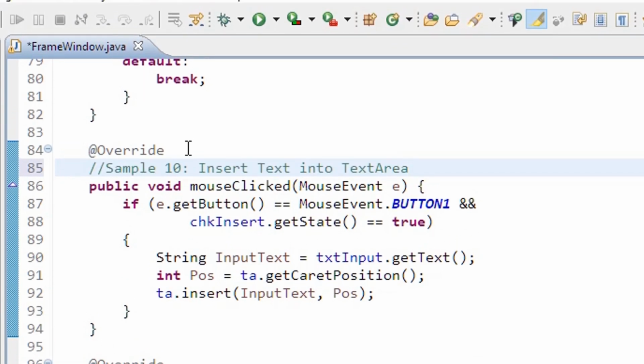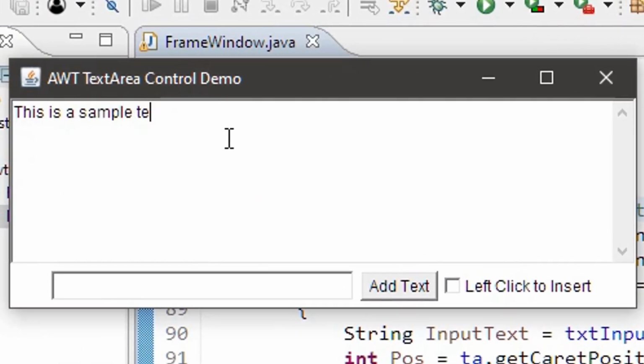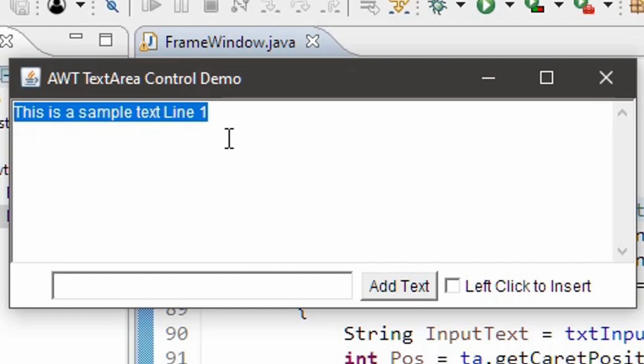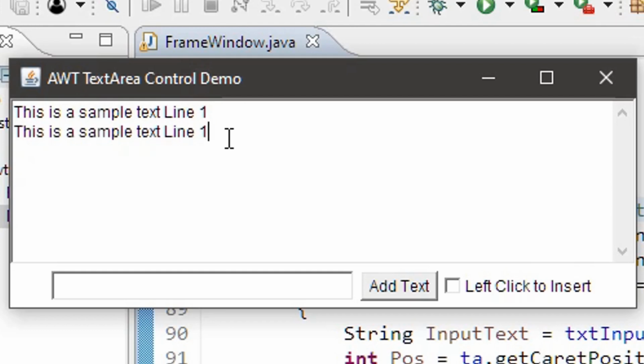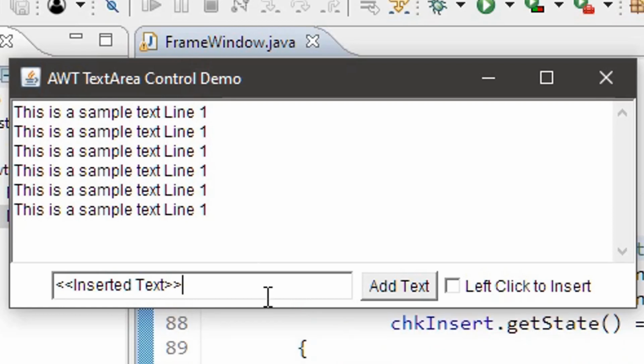All right, so we implemented our mouse click event. Now we will perform a test run. We will just copy paste the content. And if you see now, if I click the mouse button, nothing happens. So now I can freely click wherever I want, nothing happens. But the click will be handled once I place a check mark here. Now let me place a check mark and let me place the cursor here, and you can see that